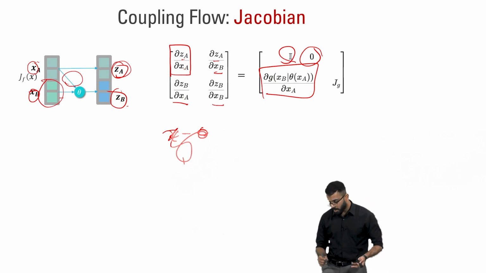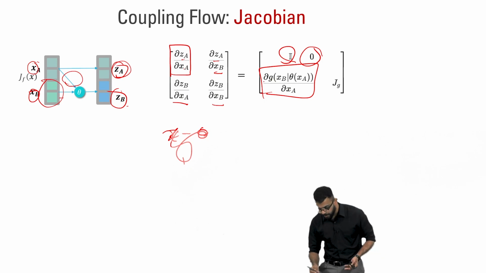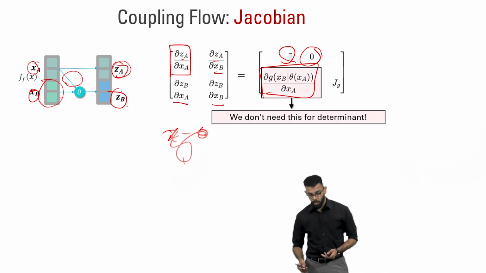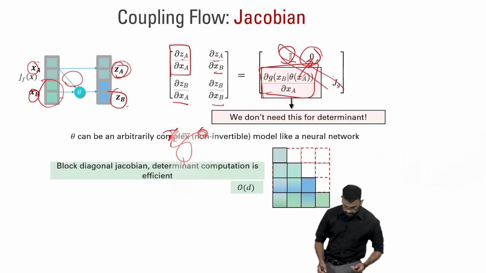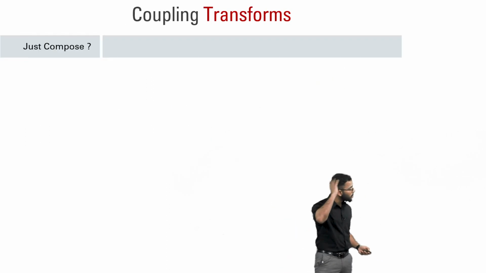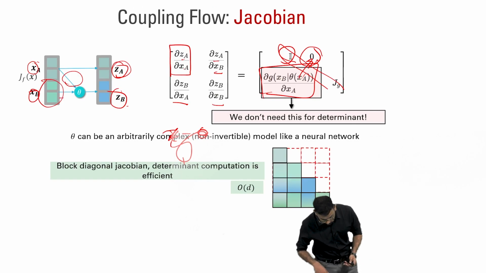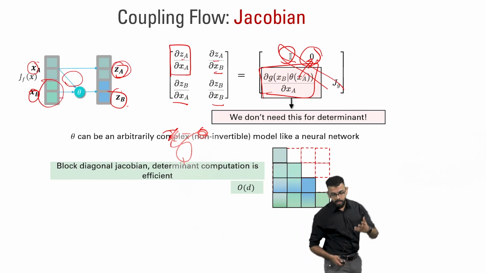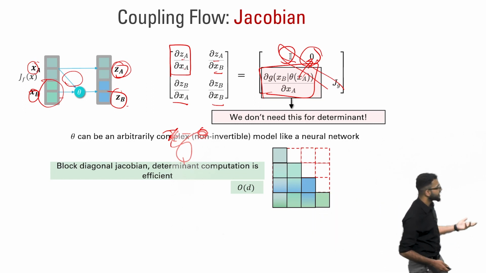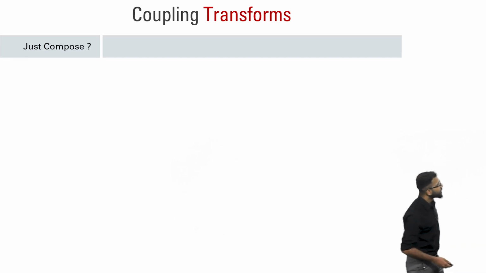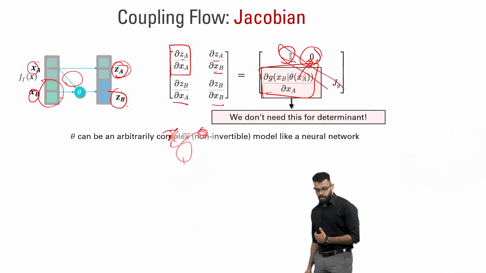Now, the good thing is, you might be wondering this is also hard to compute because you have a huge term that involves a neural model here. But when you compute the determinant of the Jacobian, this term would go to 0 because you would be multiplying it with 0. All you would need is the diagonal entries, right? Which means you can compute this Jacobian very efficiently in order of D. This is a block diagonal Jacobian. So the determinant computation is efficient and you can do it in order of D linear time instead of cubic time. Right. So coming back to the question,